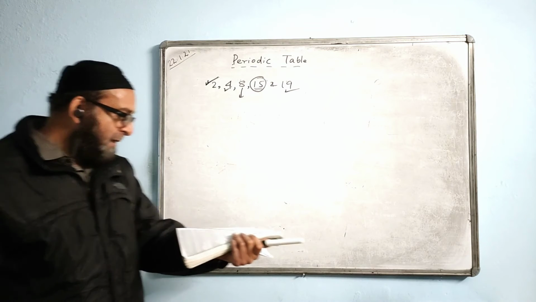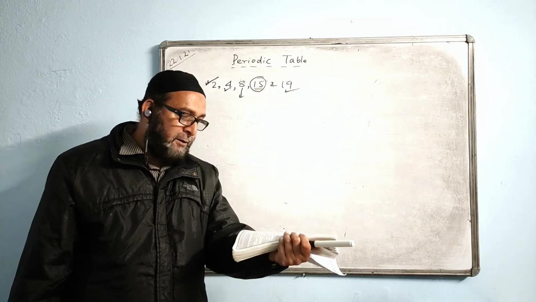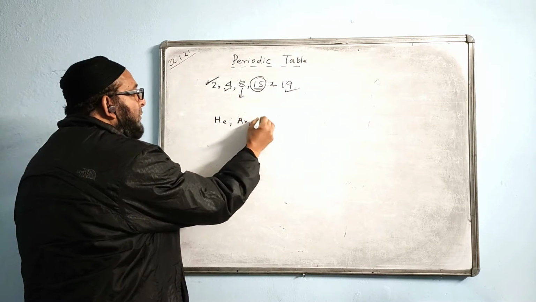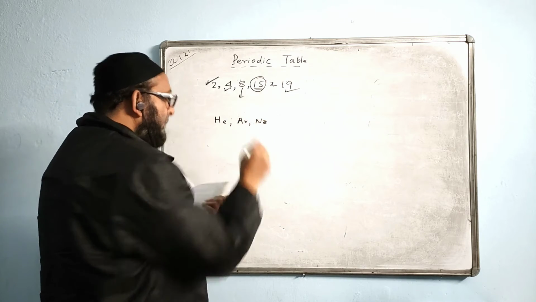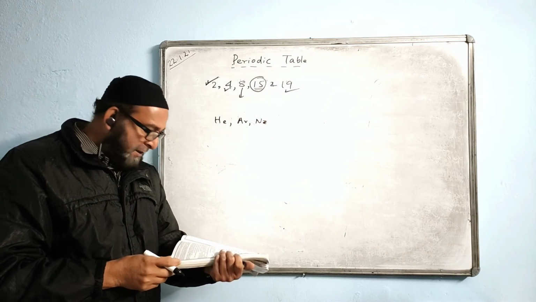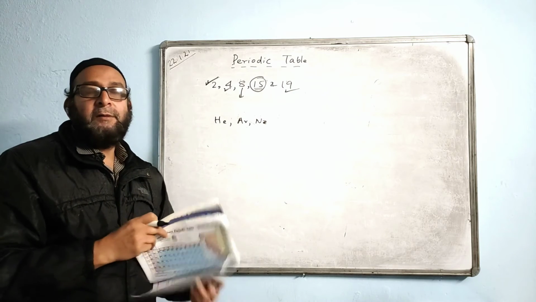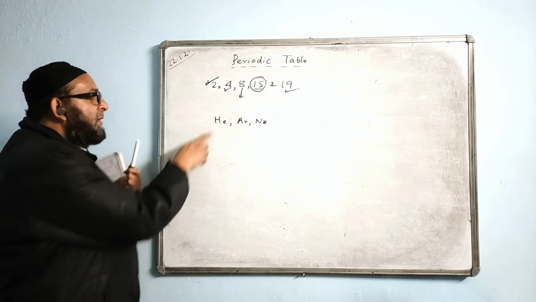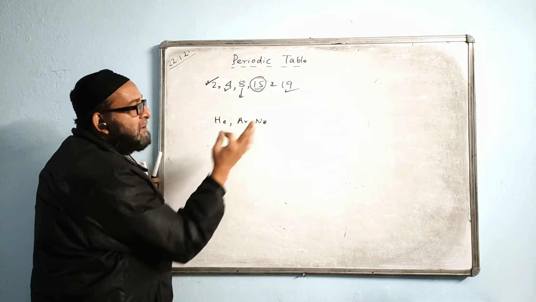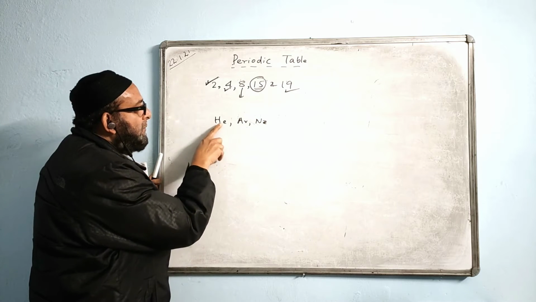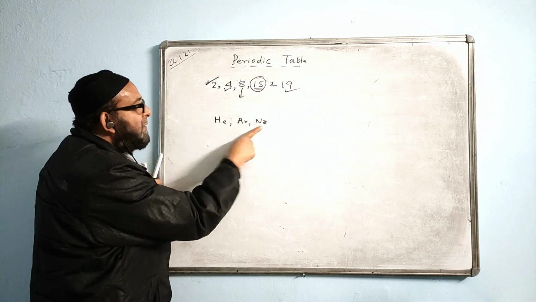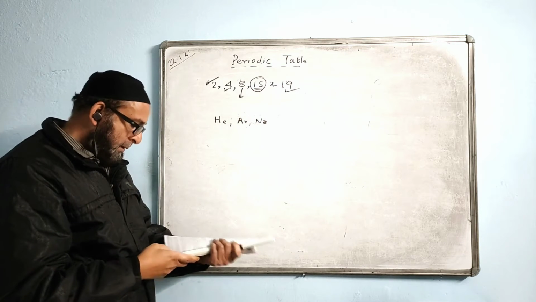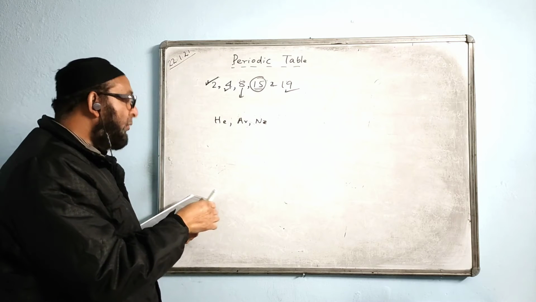Next question they say, arrange the following as per the instruction in the bracket. They have given helium, argon, neon. All three of them are inert gases. Increasing order of number of electron shells. You have to arrange them in the increasing order of number of shells. Helium contains 1 shell, neon contains 2 shells, and argon contains 3 shells. That is helium, neon, and argon. Yes, right. You will be arranging helium, neon, and argon.